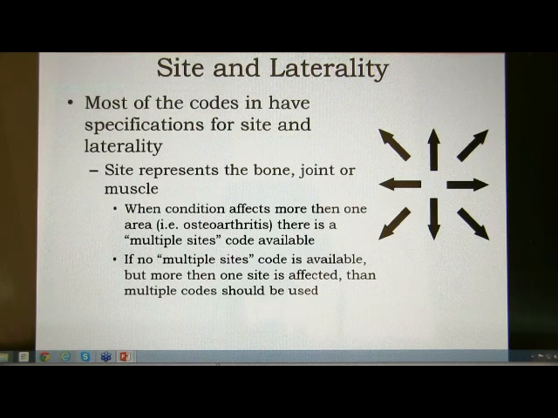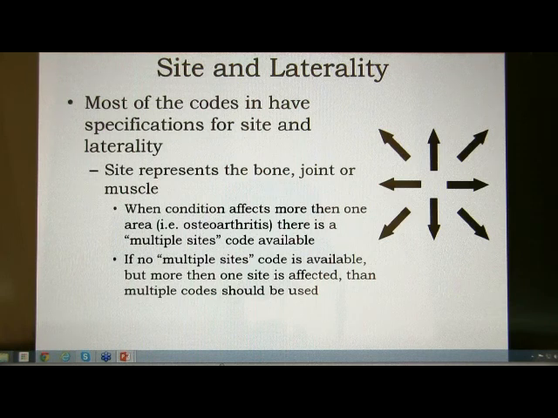When conditions affect more than one area, so for example arthritis, there is a code for multiple sites. So if you're treating the patient for arthritis or osteoarthritis in their right knee, you will use a code for that specific right knee. But if they're coming in today for a follow-up of more of a generalized arthritis treatment, then we can use